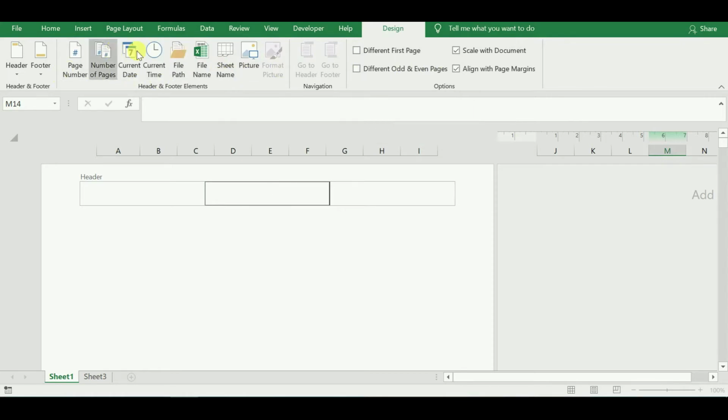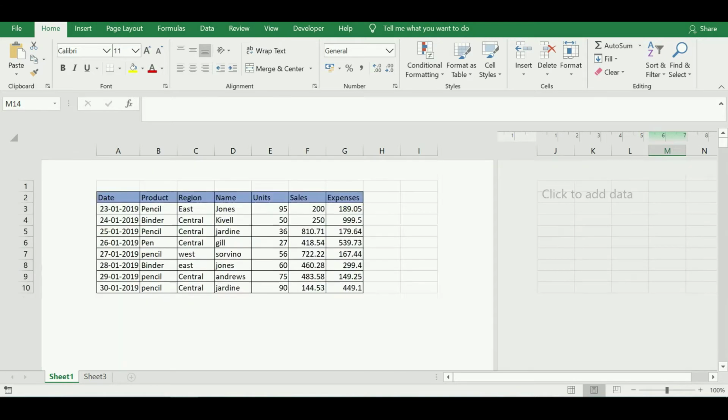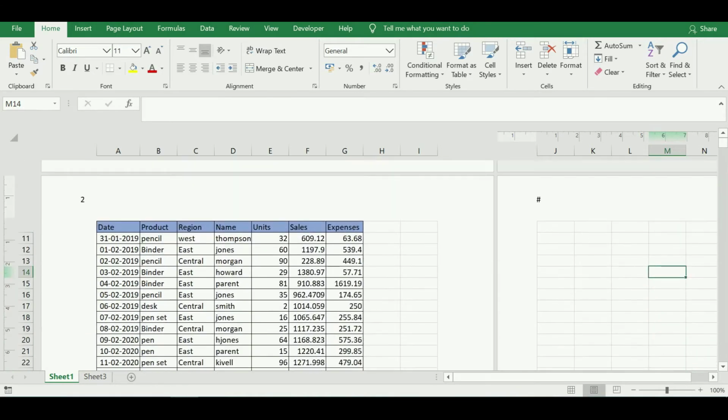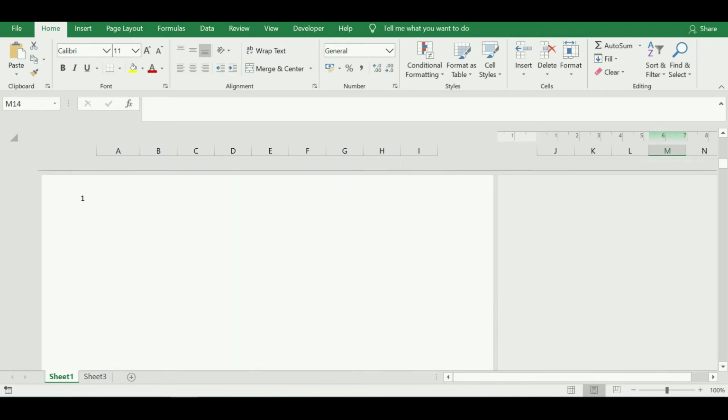Now on design tab, if you see there are various options available. How to insert page number, number of pages, current time, current date and so on. So now when I keep the cursor in the first page and click on page number, if you see, you will get ampersand and page in the square brackets. So when I come out of the box, you see the page number is given, that is number 1. And if you scroll down and go out to the next page, see second page and third page, so on. So like this, I'll get all the page numbers.